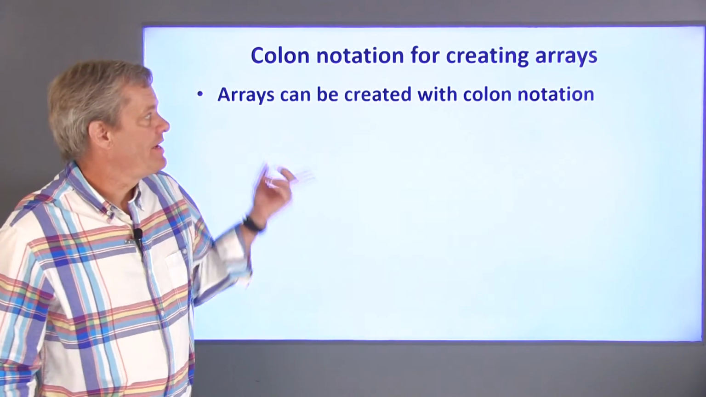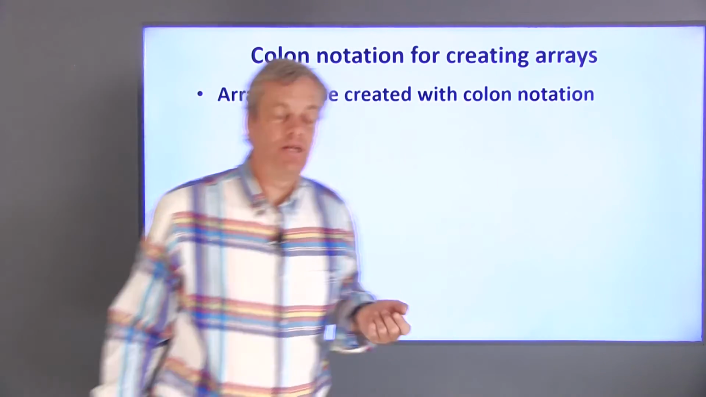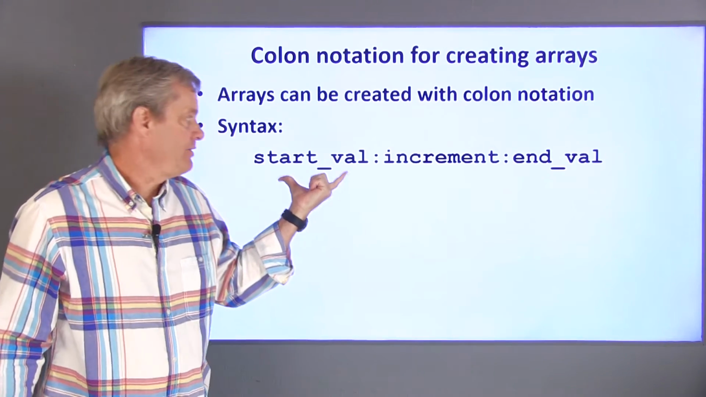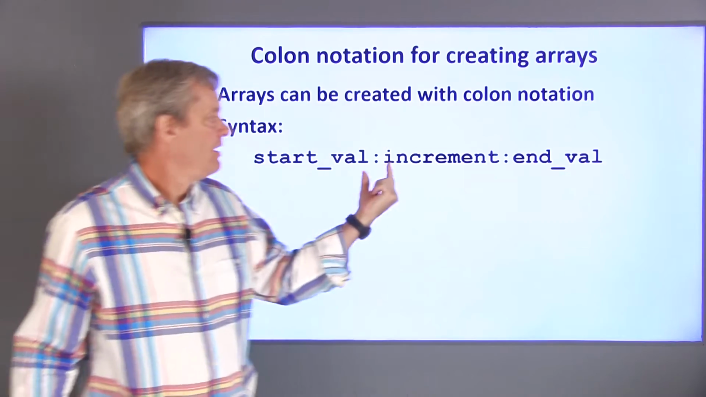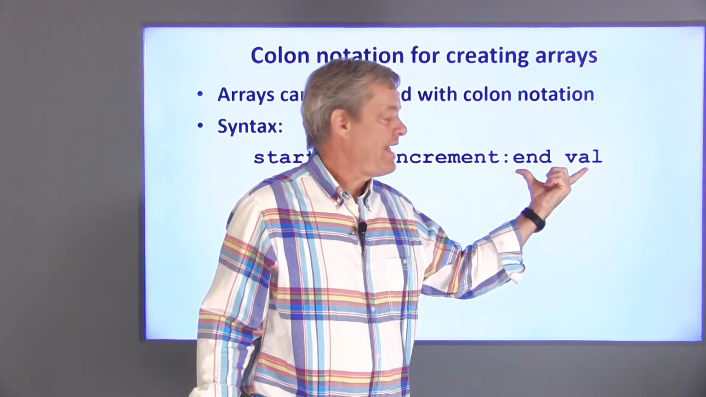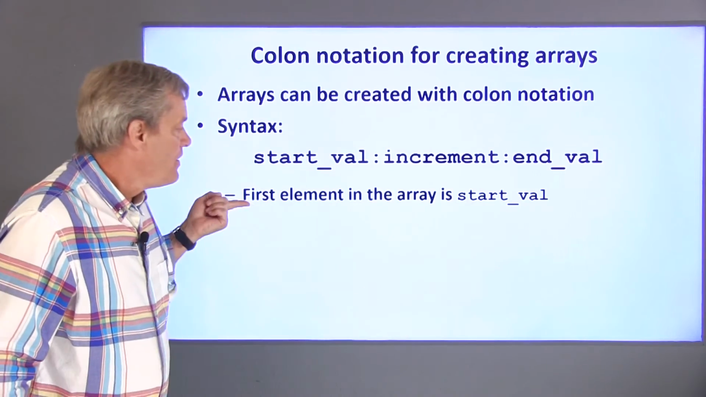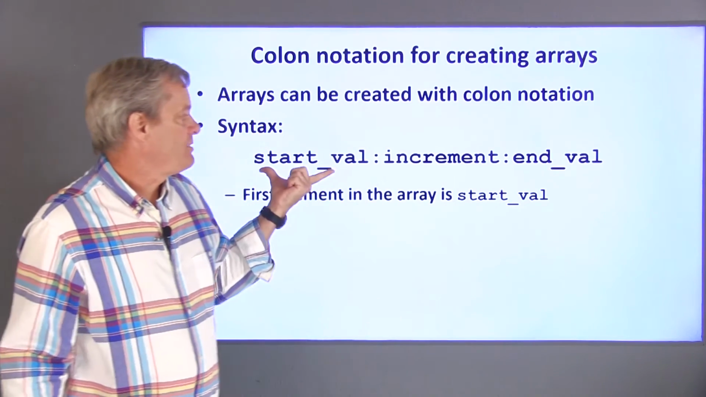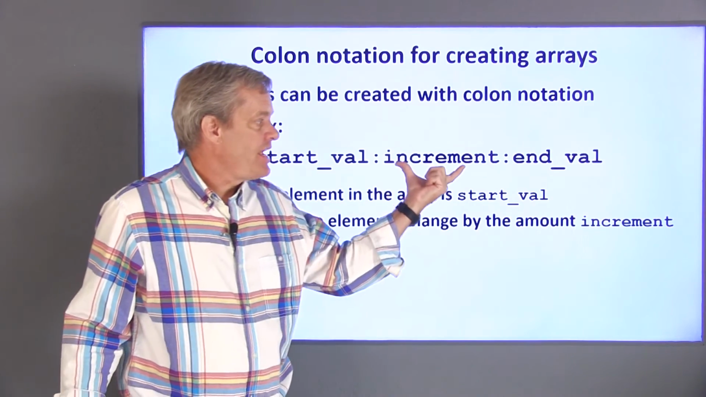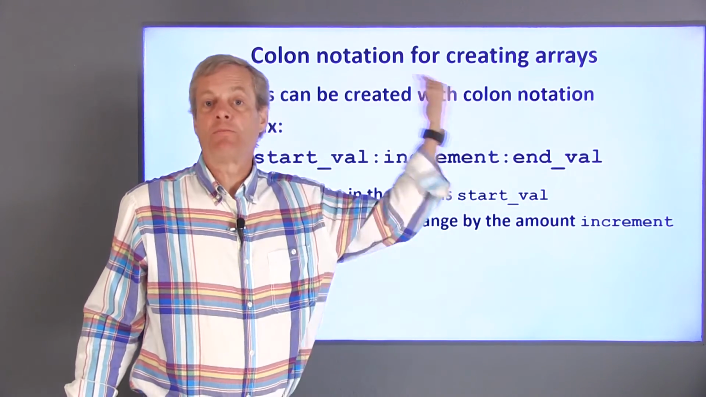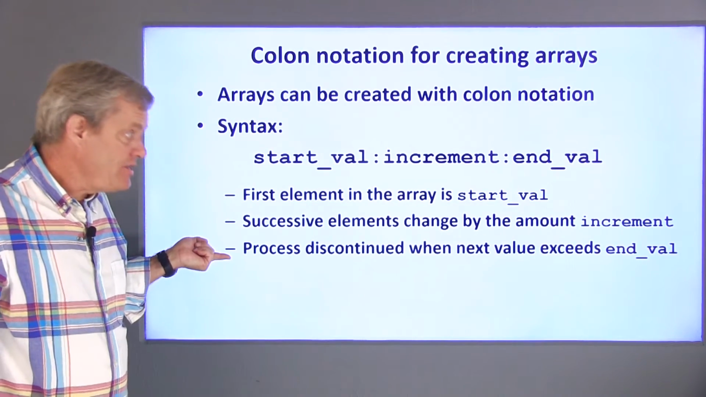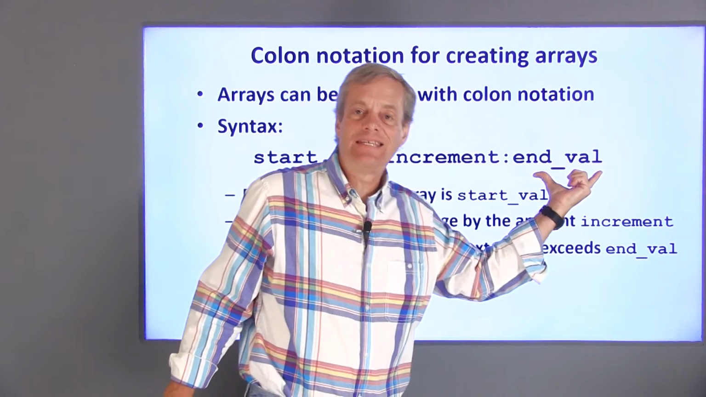Arrays can also be created with what is called colon notation. The syntax is you provide it with a beginning value, which I'll call start_val, followed by a colon, an increment, another colon, and an ending value. The first element in the array will always be start_val. Successive elements change by the amount increment from the previous element in the array. And the process is discontinued when the next value exceeds